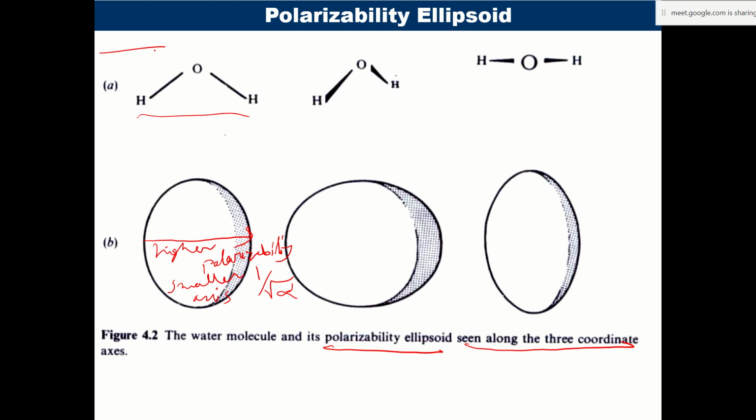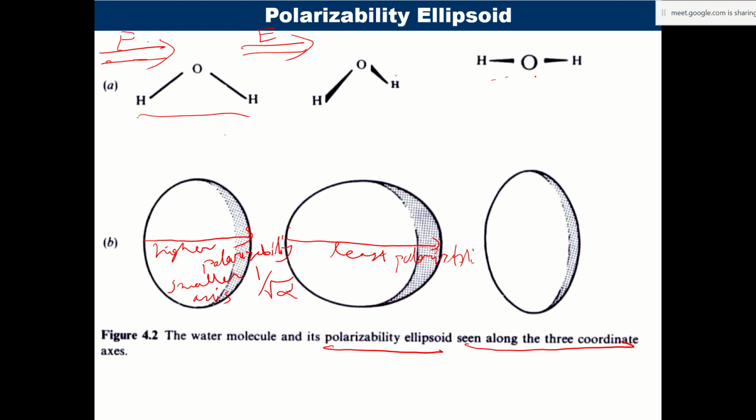When we are viewing something like this, we are applying the electric field in this direction, and then we are viewing. When it is perpendicular, one hydrogen is behind, oxygen is in the screen and another hydrogen is in front. In that case, the polarizability is very, very less when you are viewing in the direction of the electric field. So this is the least polarizability in this direction, and that is why the axis was drawn big. So this is a three-dimensional view that you have.